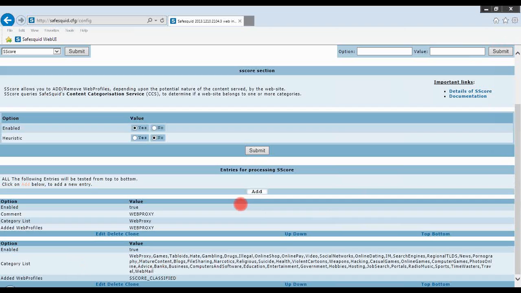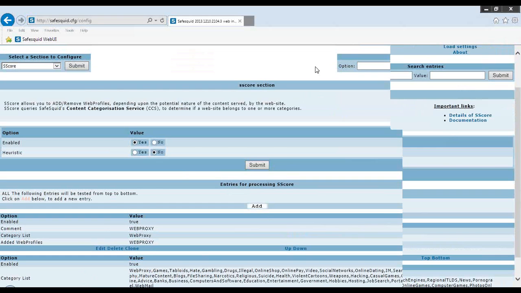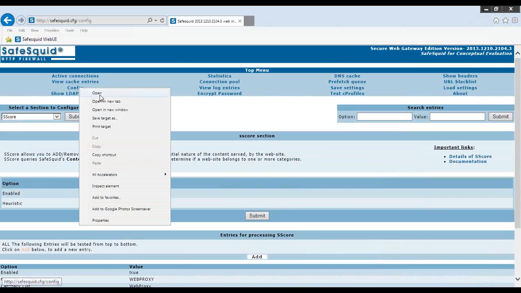Since I have done a classification here for web profiles, I can very quickly go over to the profile section, and in the profile section, I can create an appropriate policy for it.